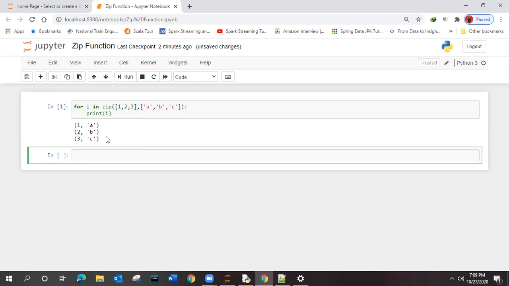We have seen the zip in the real world, right? How does it work? It compresses and extracts files. But forget about these things we see in programming and computer language. We'll see an example of the normal zip.